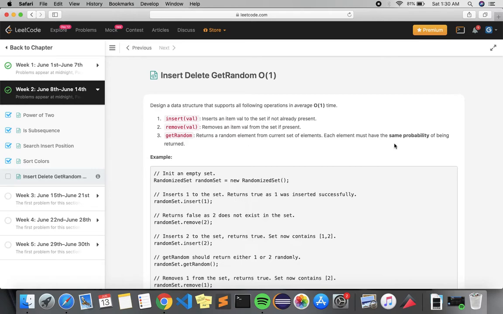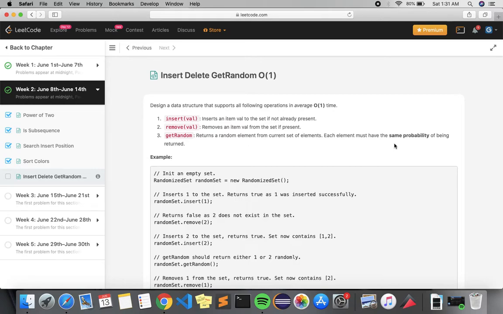Now how can we think about this problem, how can we solve this problem? We need insertion and removal in average O(1) time. So basically we think of only one data structure, that is hash map. In a hash map we can insert a value in O(1) time and remove a value in O(1) time.